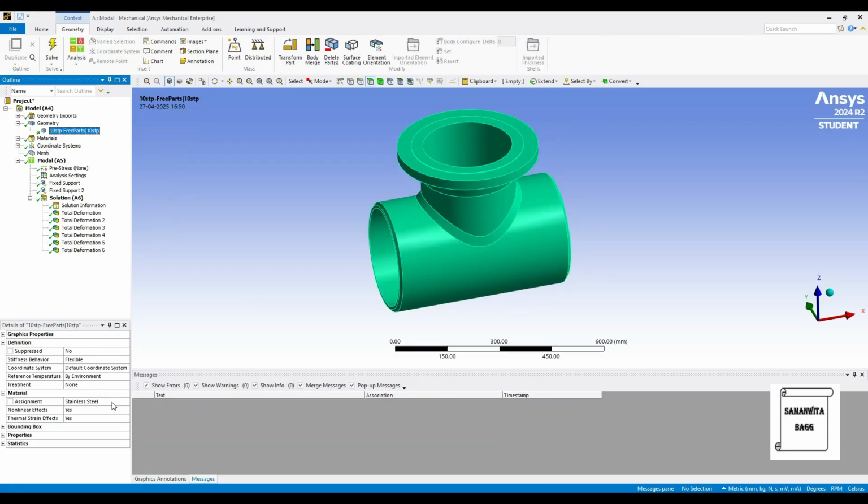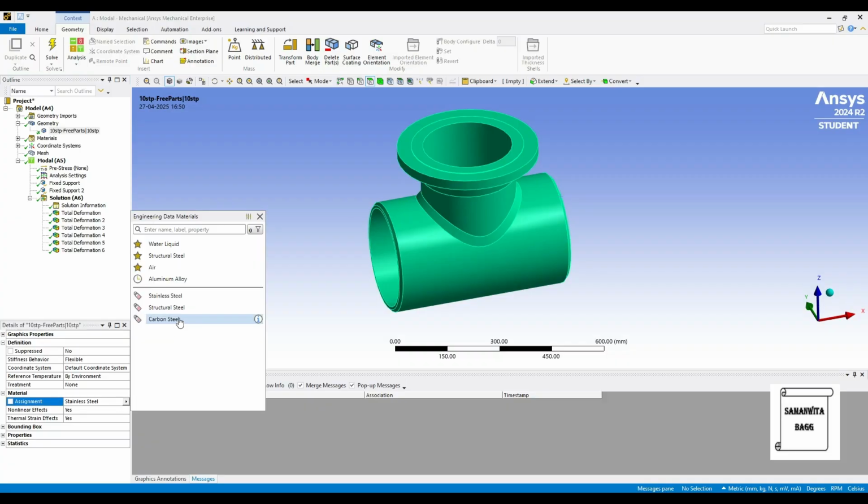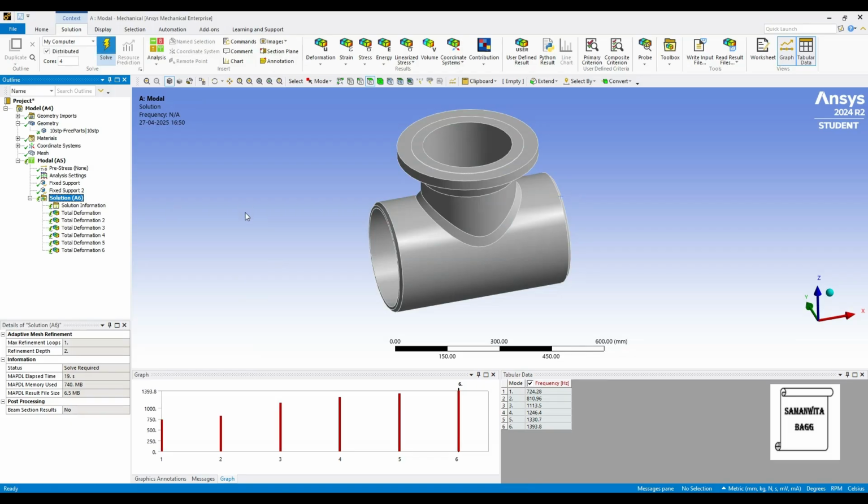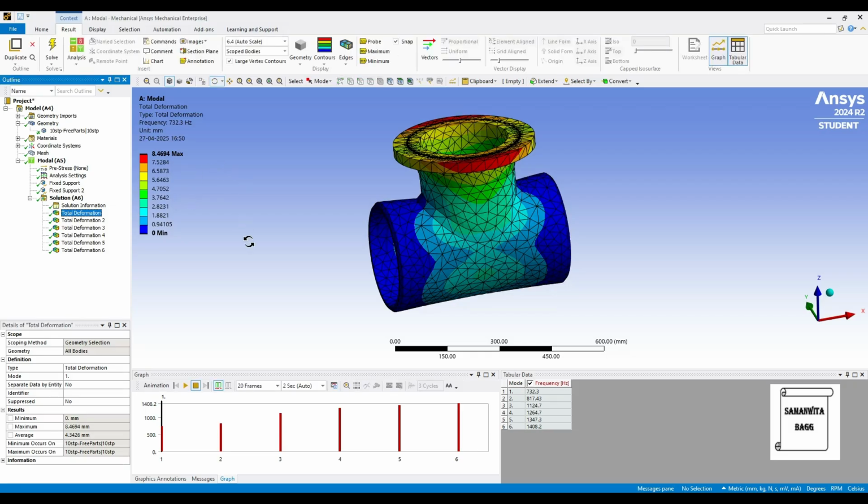Now we'll change the material to carbon steel and solve once again. We will see what happens to the frequency and the deformation value for carbon steel. So we can see here the deformation for the first case is 8.4694 mm for a frequency of 732.3 Hz.